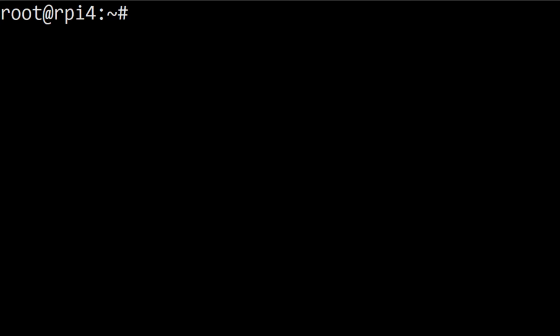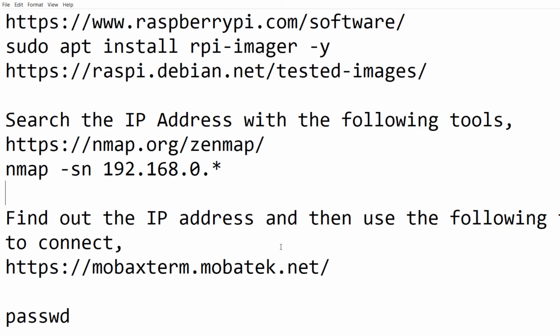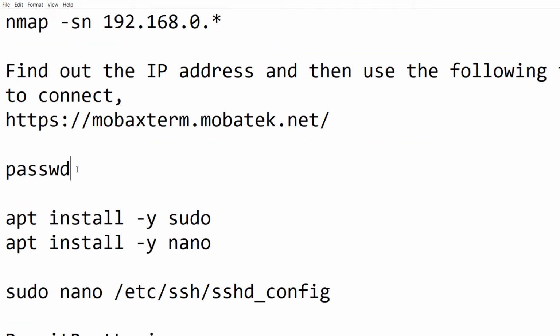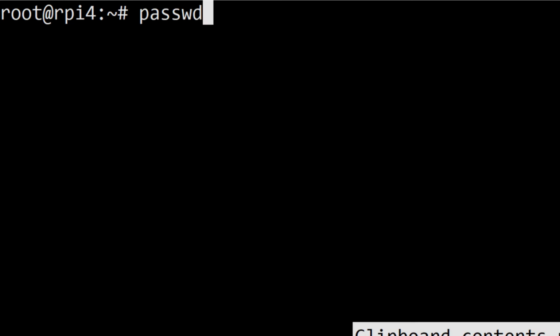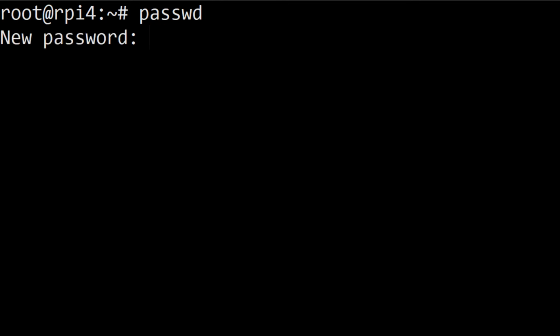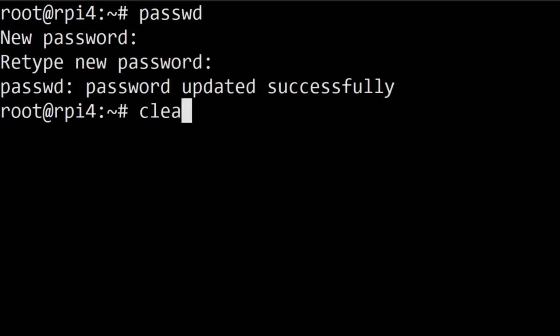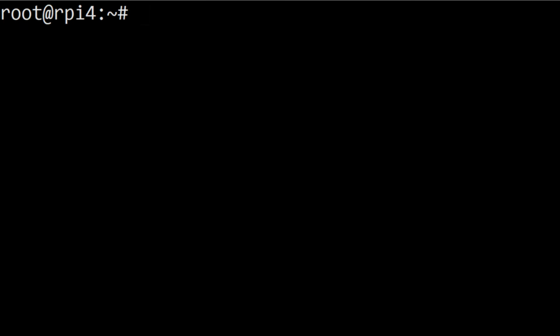Now let us continue our demonstration of Debian setup on the display of the Raspberry Pi. So the very first thing that we need to do is to change the password or to set the default password. So when we install Debian, it doesn't have any default password. So let me set the password and let's keep it root. So this is the root password of Debian.